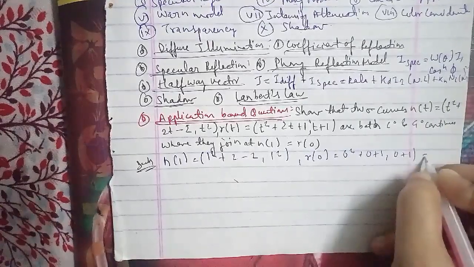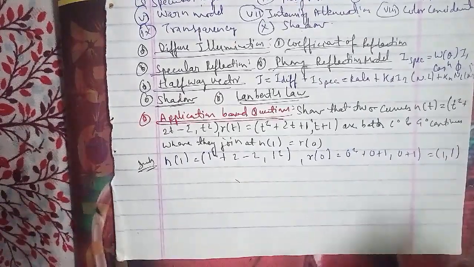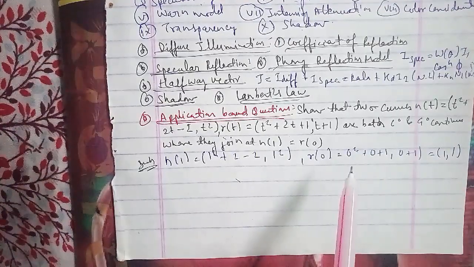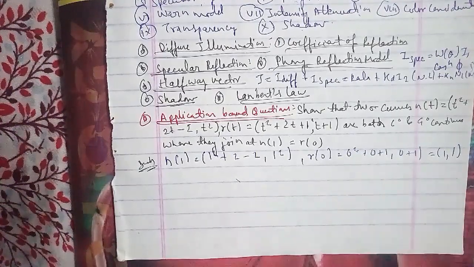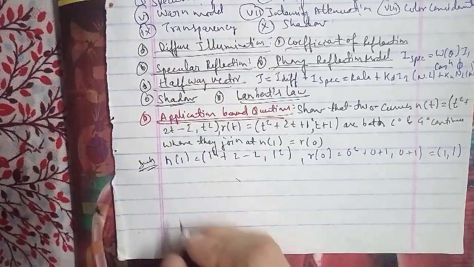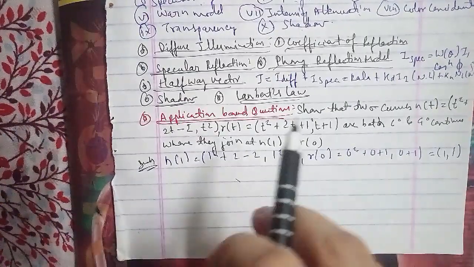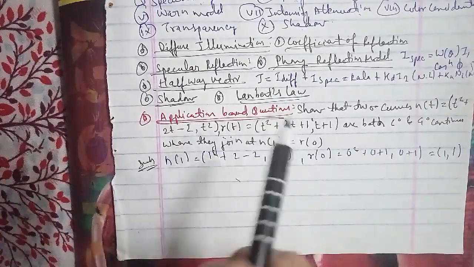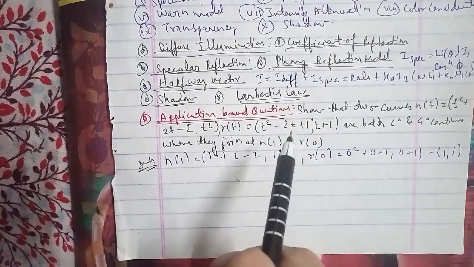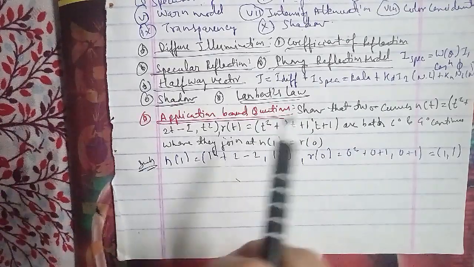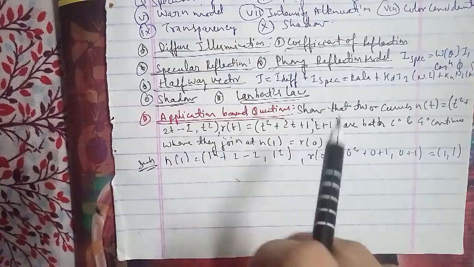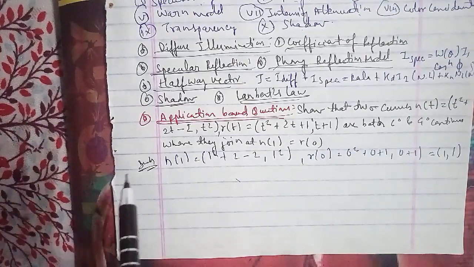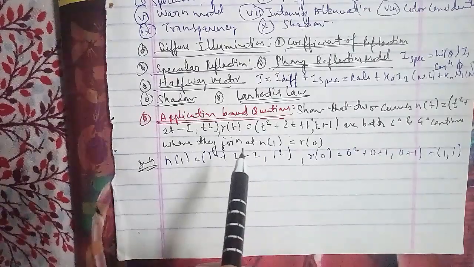In unit 2, we have completed transformation, which is the name of the unit, and we have completed the topics: basic transformation, matrix representation, and homogeneous coordinates, composite transformation, reflection and shearing, windowing and clipping, viewing pipeline, viewing transformation, 2D clipping algorithm, line clipping algorithm such as Cohen-Sutherland line clipping algorithm, Liang-Barsky algorithm, line clipping against non-rectangular clip window, polygon clipping, Sutherland-Hodgman polygon clipping, Weiler-Atherton polygon clipping, and of course curve clipping and text clipping as well.